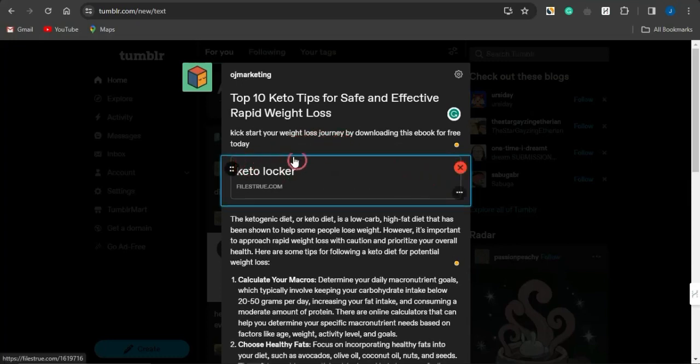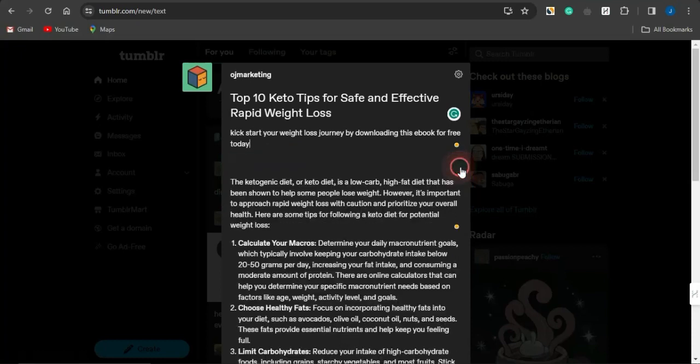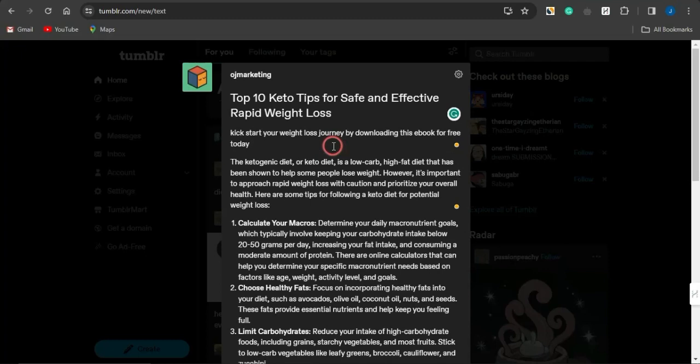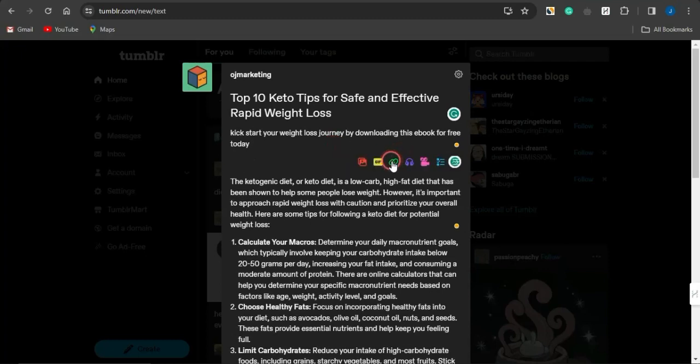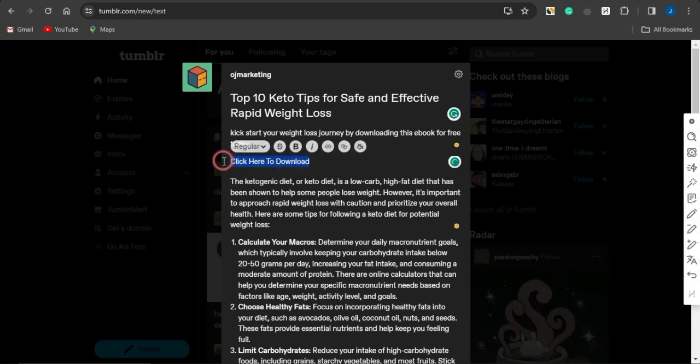That will be inserted right here. And you can see right here how it's being shown as a keto locker. You can go on to removing the link if you want. Maybe if you do create something like a landing page, you can utilize that right there. Or maybe if you do go on to typing in something like download now or click here. So if you type in something like click here to download, you want to just simply highlight that, click on this particular link icon, and you could just simply add a link to that right there